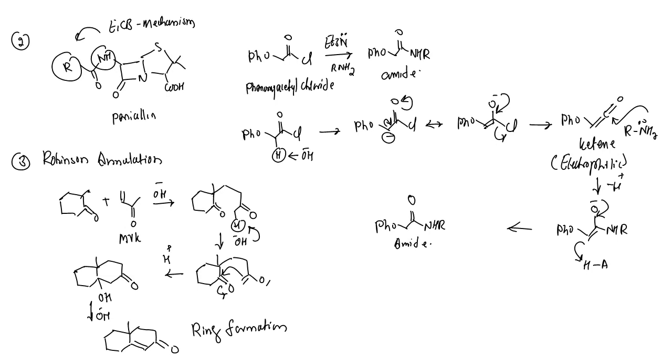So again here an E1cb mechanism is involved during the conversion of the beta hydroxy cyclic ketone into an alpha beta unsaturated ketone. So this step is E1cb mechanism. And as far as the fourth application, again we have aldol condensation